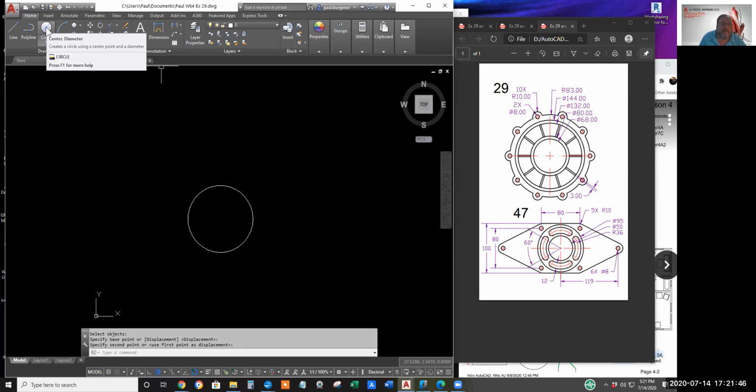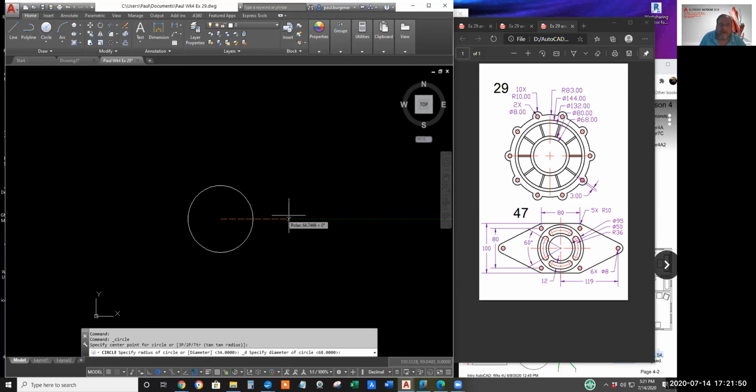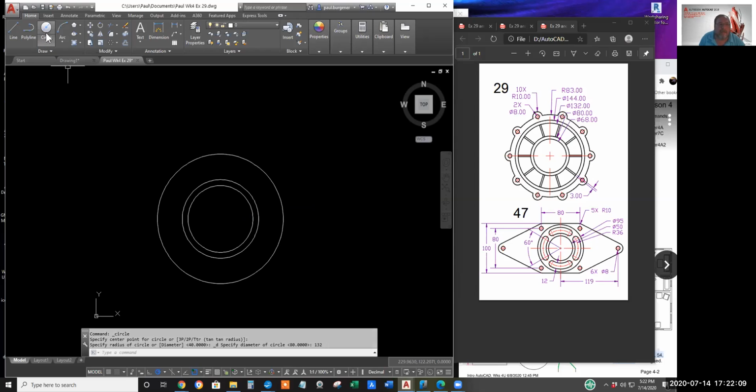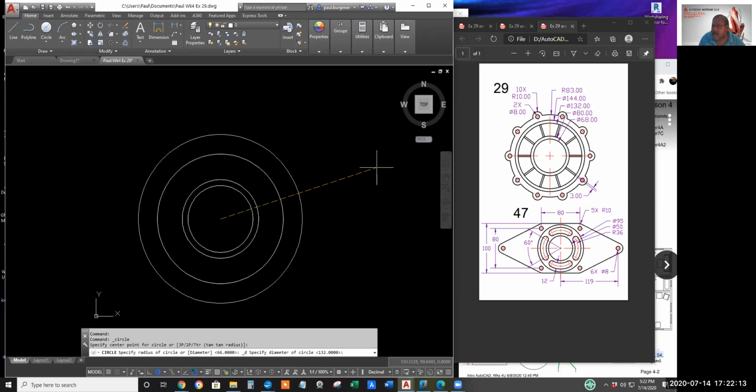Draw circle diameter again, hover, O snap. Next one is 80, enter. Circle diameter again, hover, O snap. 132, enter. Same again. 144, enter.